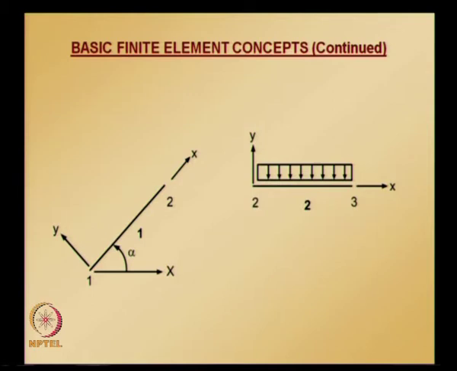We can calculate the direction cosines, and once we know them, since the material properties and the lengths of the members are known, we can proceed. For element 2, the length is already given. For element 1, using the global coordinates of the nodes, we can find the length of the element. Material properties and cross-sectional areas are given, so we are ready to assemble the element equations.